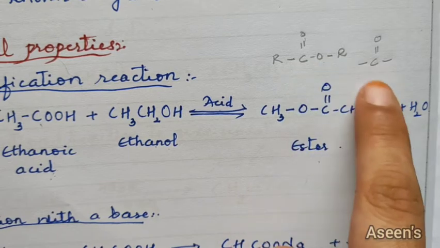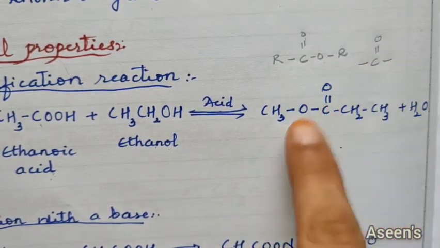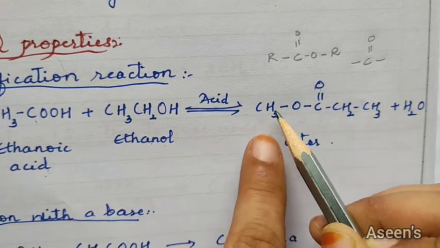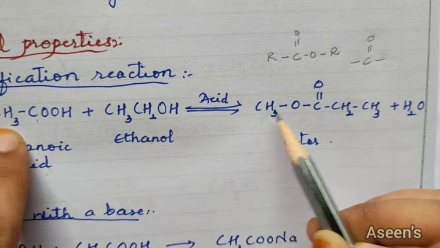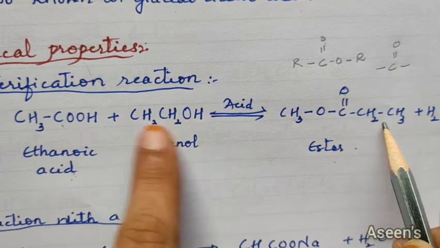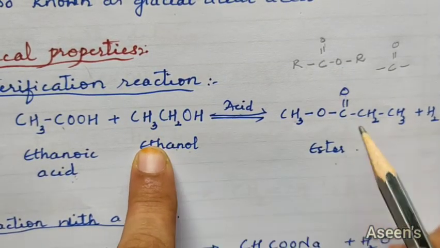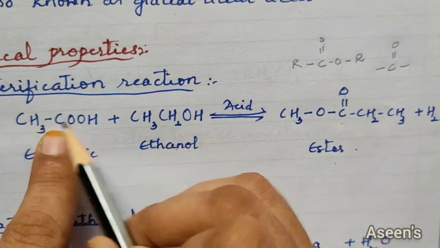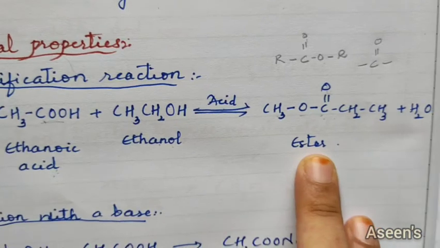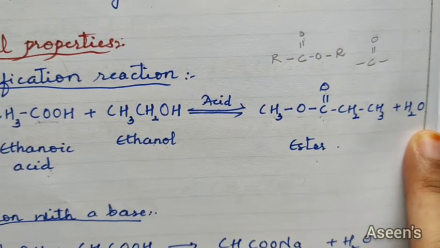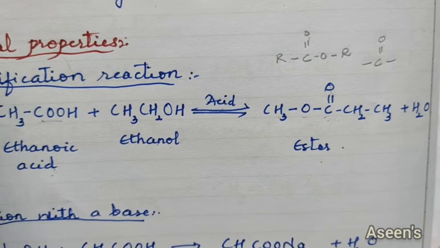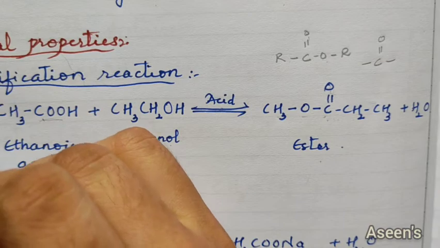Okay, there is a difference between ketone and ester. Hence you need to remember this. So this is an ester. As you can see here, this CH3 comes from your ethanoic acid, and this CH2CH3 comes from the ethanol. So this COO comes from this part. So this is an ester, along with a water molecule being liberated. This is for your esterification reaction. This is most probably asked. This is a very important one, so you need to remember it.